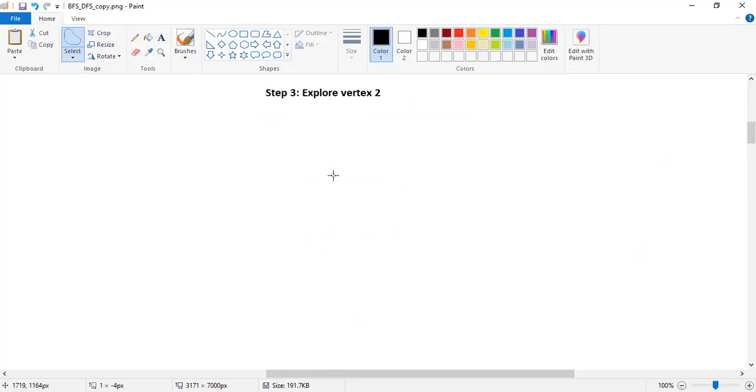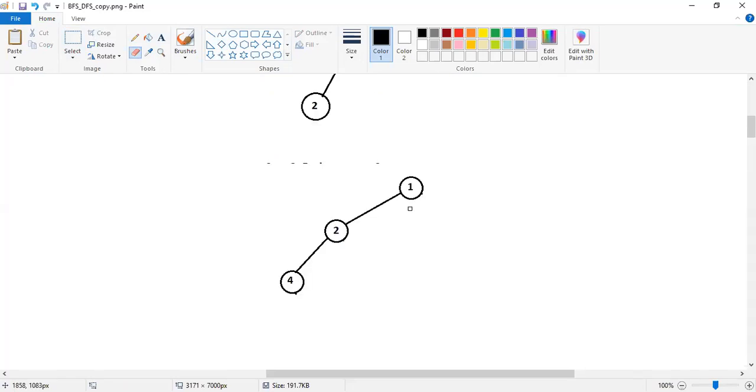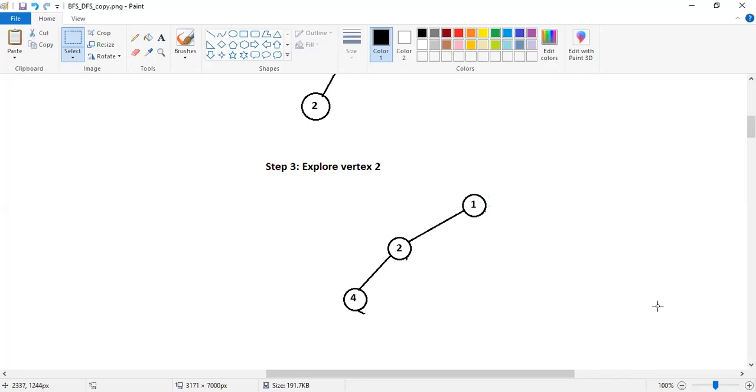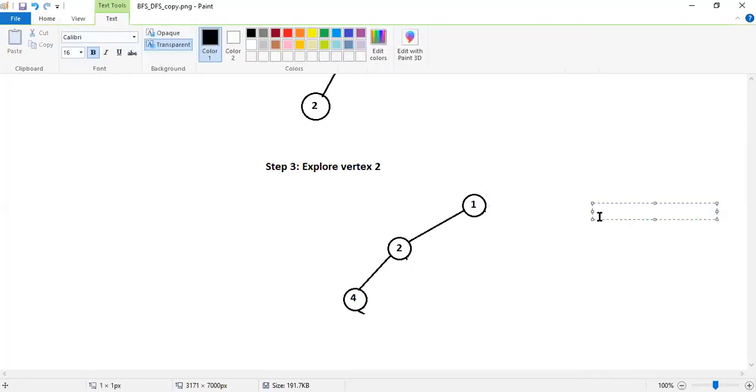And then from 2, I find that vertex 4 is also connected. So I will start exploring 2. What will be the contents of the stack? 1, 2, 4.